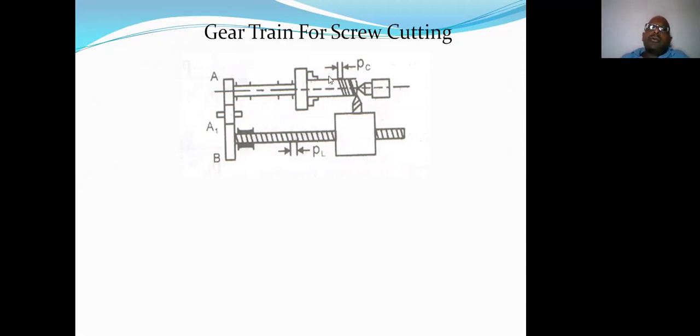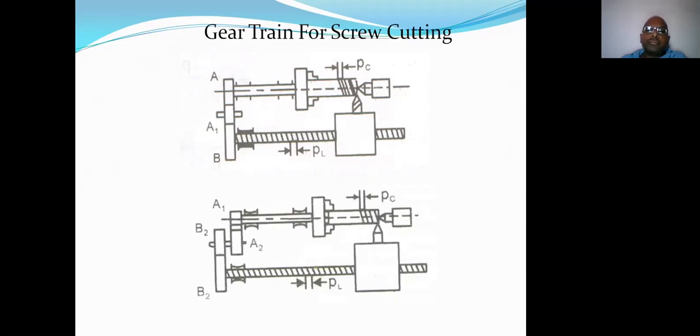So in order to change the pitch of the component or pitch of the job, these gear ratios are supposed to be changed. Whenever the gear ratio changes, the speed of the job is also changed. In this one, the speed of the lead screw is calculated, translated by using a single gear system. This means it is the compound gear system.